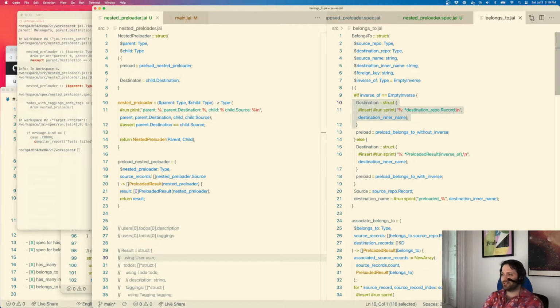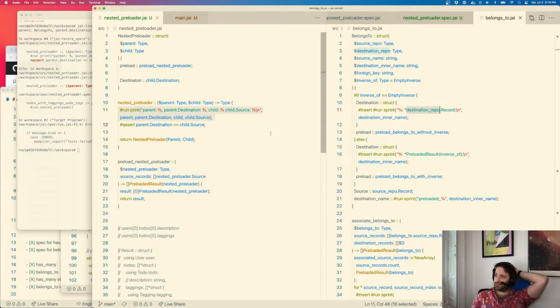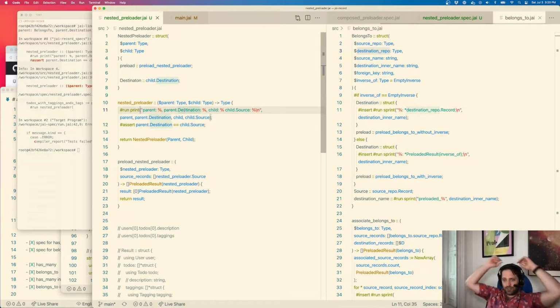Because especially with inverses and stuff, these types are going to be really munged. I think if we knew that everything was always repo based, but in many cases I bet these things are going to be composed in a funny way where we're not even going to know about destination repo and stuff. I guess in this one case we could depend on destination repo, but I suspect that... so could parent ever not be